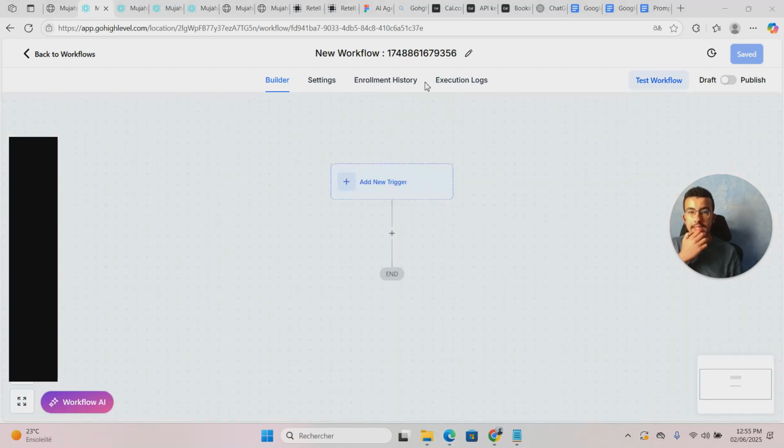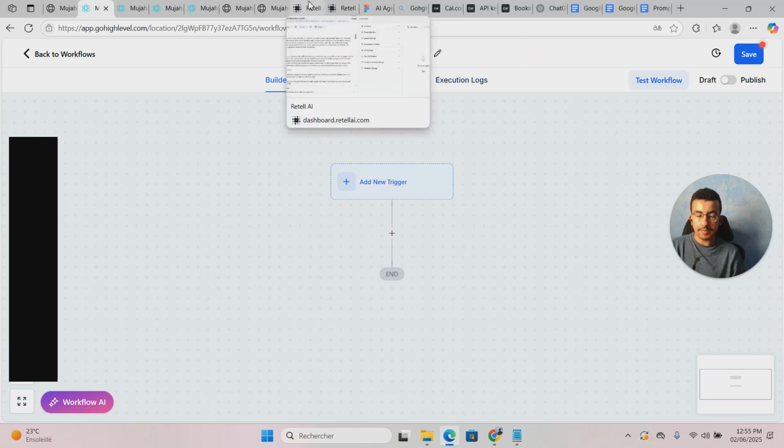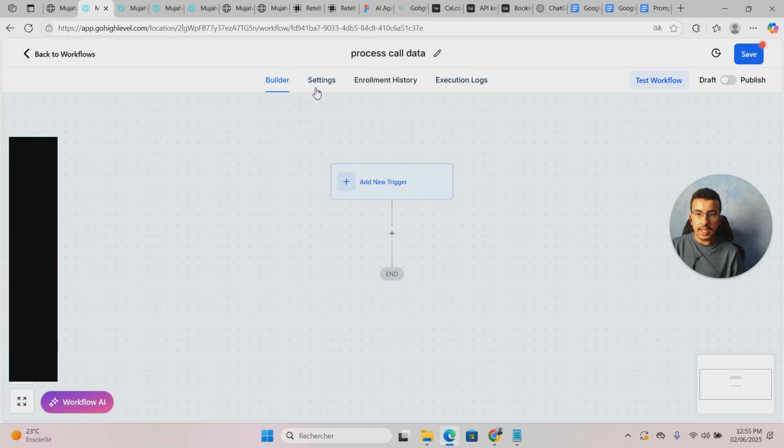Okay, for now the trigger, it didn't save. Sorry. Process call data. So now we need to, for each call, the RETELL AI will update Go High Level